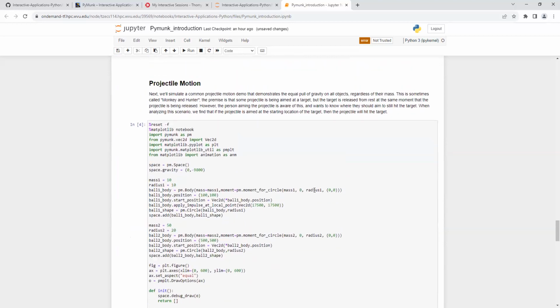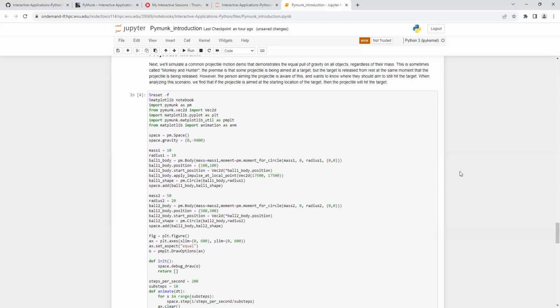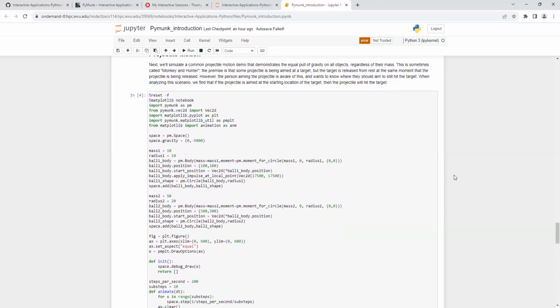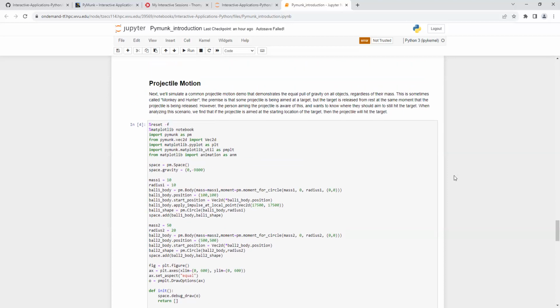So another interesting, common demo in introductory physics courses is for projectile motion. It's sometimes called monkey and hunter, but the basic idea is that we'll have some projectile that we're aiming at a target, but the catch is that the target is released from rest at the exact same moment that the projectile is released towards the target. So the question posed to students here is, where should this projectile be aimed in order to still hit the target, which helps build intuition about how